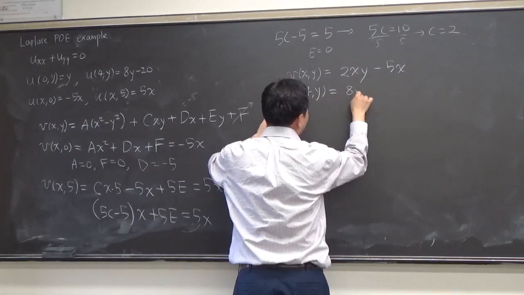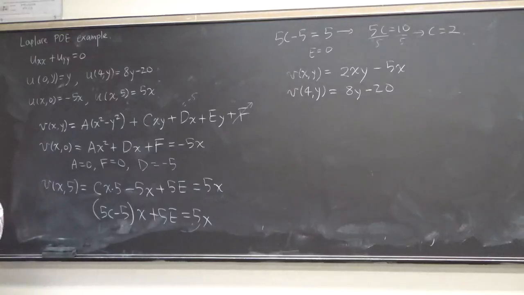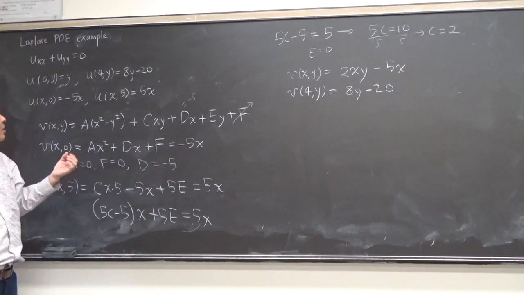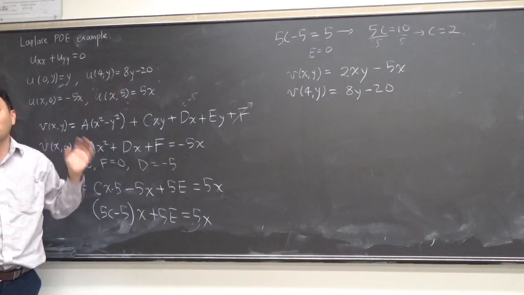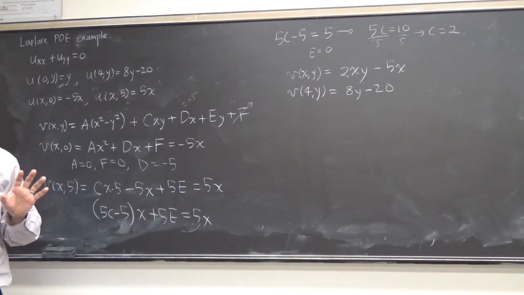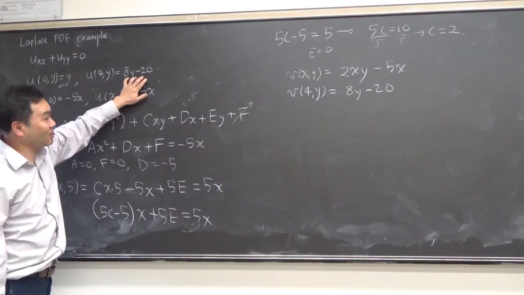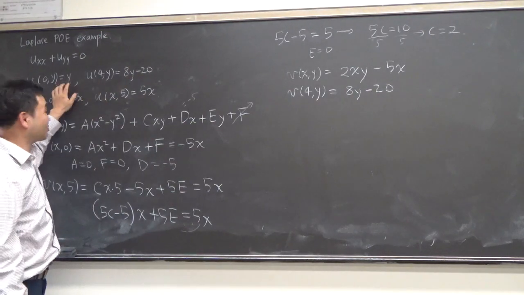This is 8y minus 20, exactly same as that one. Aha! So what I did was, usually if you have the boundary conditions as linear, you can at most afford to kill 2 places. But that's already a very huge time saver. But here I fine-tuned the numbers so that it can even satisfy this one. Right? It just doesn't satisfy that